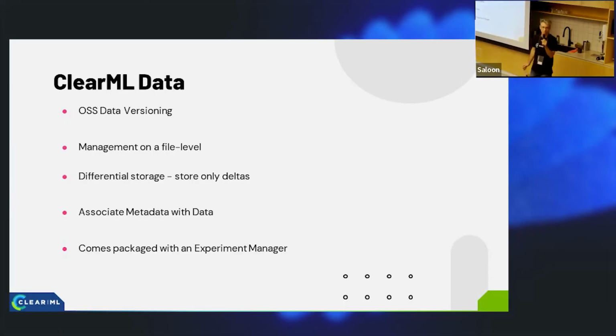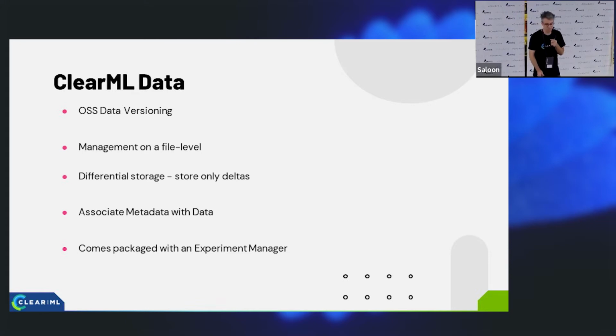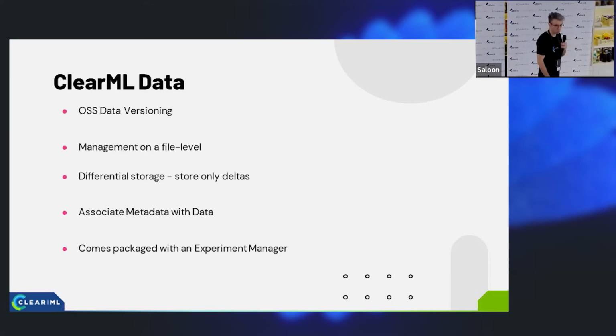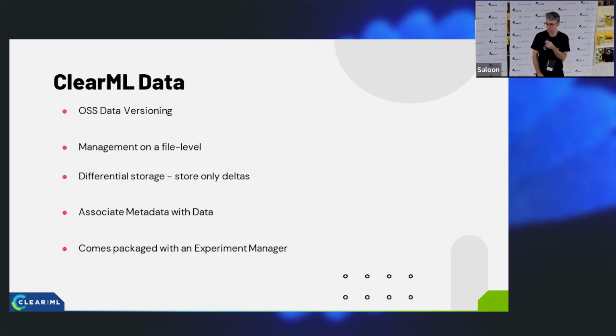ClearML-Data. So ClearML-Data is a solution to basically do just that. It's an open source solution. Basically, it is a file-based data management solution. So basically, you think like, let's zip everything that we have and upload it to a bucket and just make sure that someone will get it for us and unzip it and cache it. And that's about it. But then we realized that we don't change most of the files from version to version. We kind of delete half of them, maybe replace the other half.